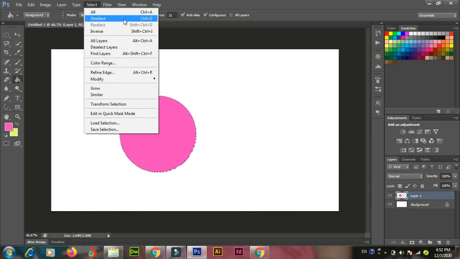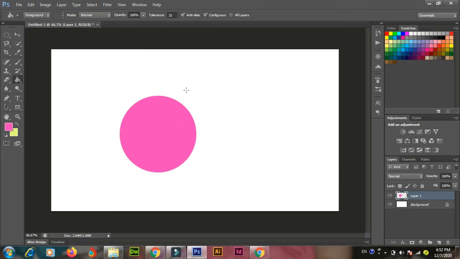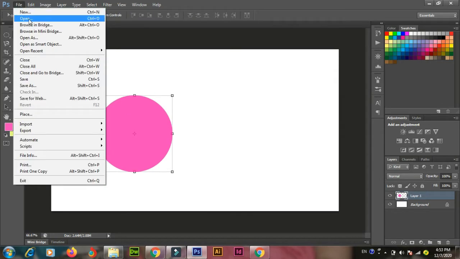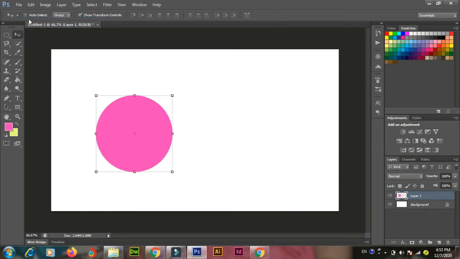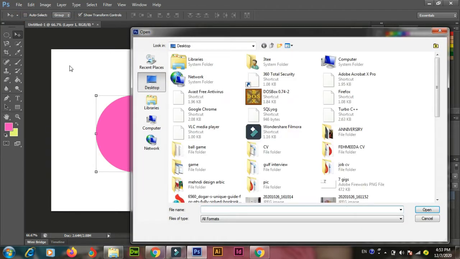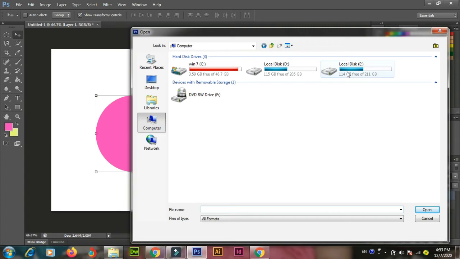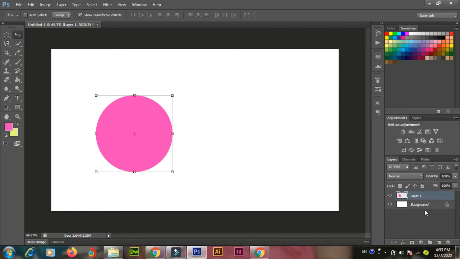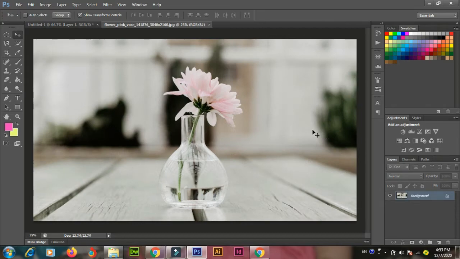Now for instance, we want an image which will be shown in the background. So what we will do, we will just pick up an image and put it in the background layer. How are we going to do this? Let's see. Click on File and click on Open, or you can easily drag and drop any image over here. So I'm showing you both methods. If you click on Open and click on any of the images, this image is opened in Photoshop. What we will do is press Control A on the keyboard.